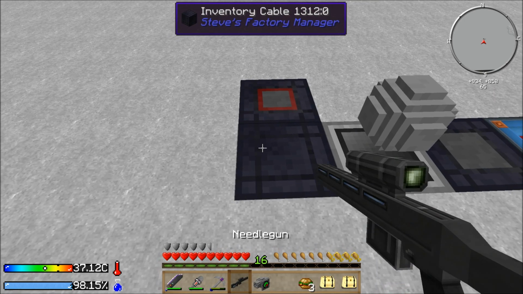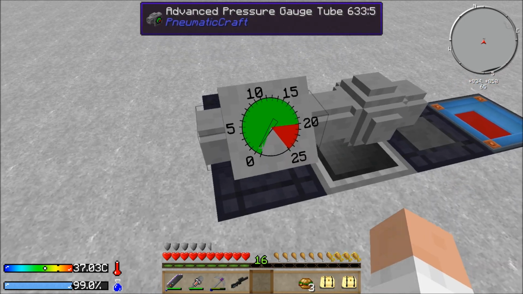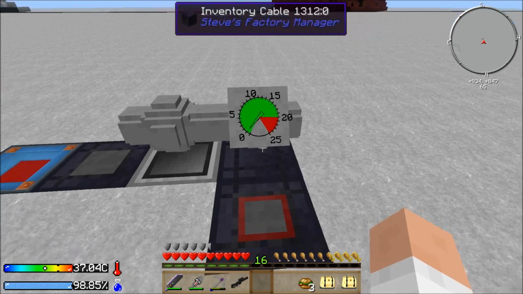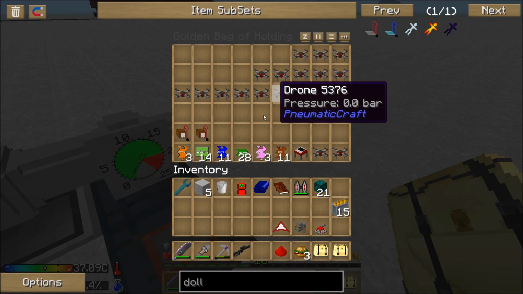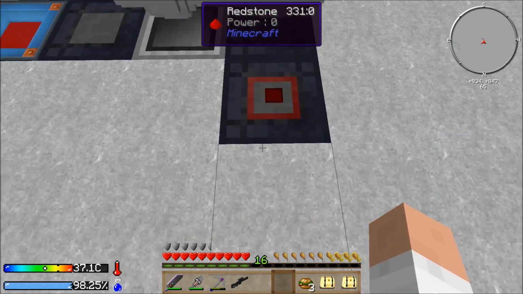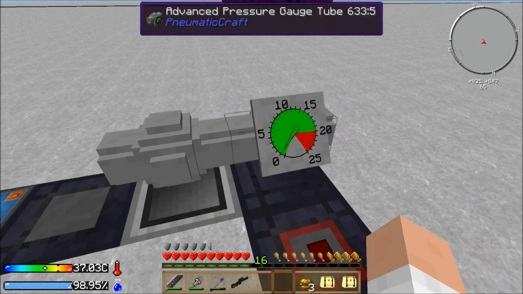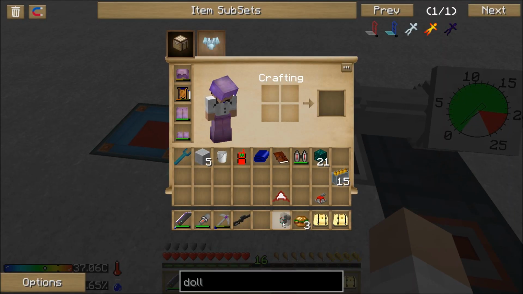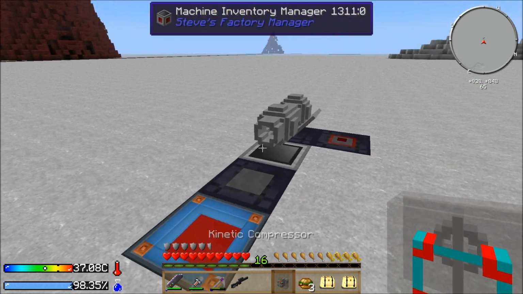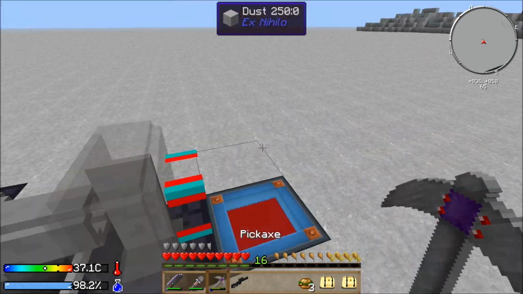The pressure gauge, which is going to give the... Let's see, I should have one piece of redstone in here. I do. One piece of redstone, which is going to light that redstone up, depending on how much pressure it has. And then finally, the kinetic compressor is going to go right here. Before I connect that to power, though,